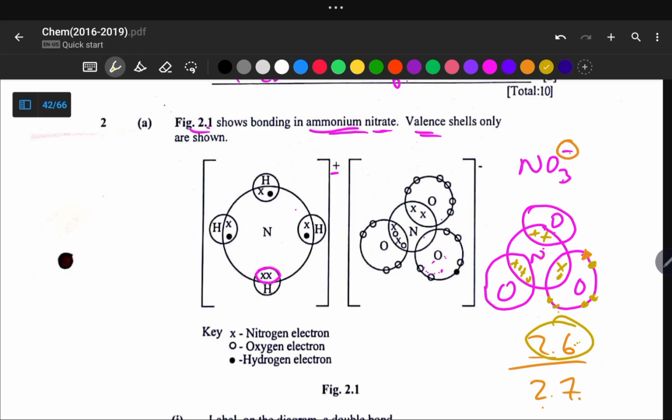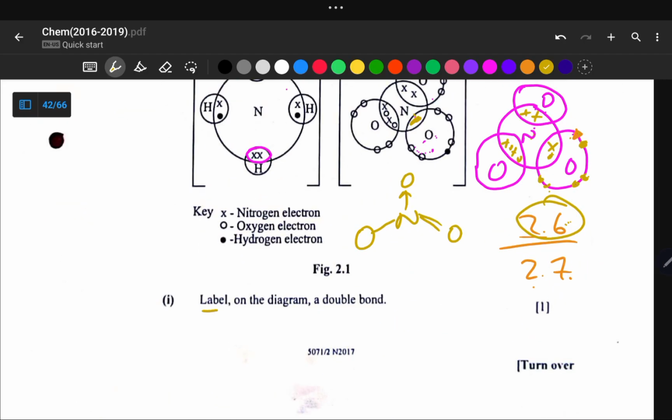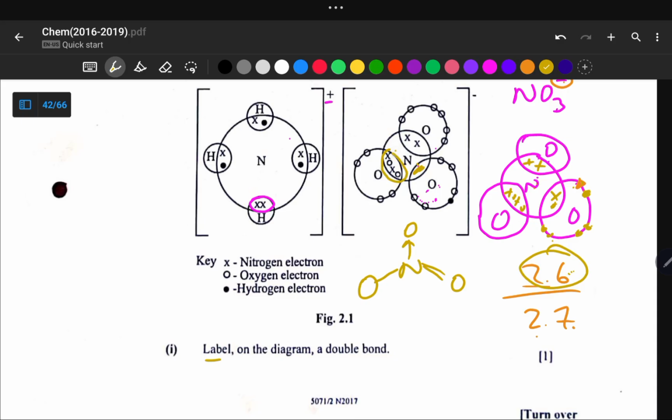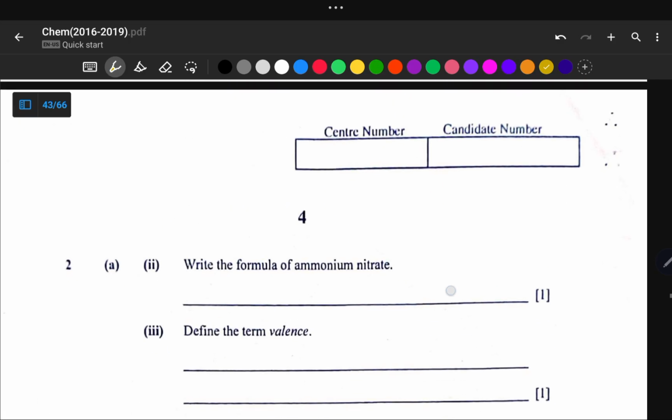And then here we are having a double bond, right? So the structure of this ion, the nitrate ion, is N, and we are having nitrogen to oxygen double bond, and then this dative bond, and then we are having this single bond from the electron from the system, right? So this is the correct bonding in the nitrate ion, right? So you must fill this space, right? And then label on the diagram a double bond. So this one is the double bond, right? This one is the double bond. We're having 4 electrons, right? And then write the formula of ammonium nitrate. So it's N,